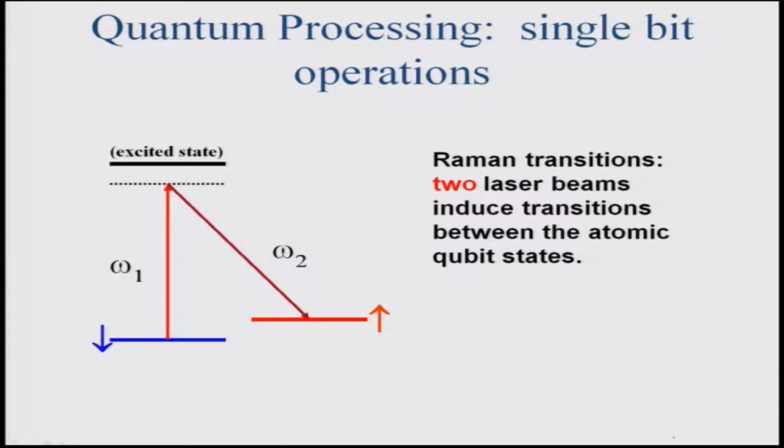The next process essentially required the application of quantum processing of a single bit operation, which could be simply done by using Raman transitions, because there are two laser beams anyway which are there to provide the lattice. So, the two laser beams can induce transitions between the atomic qubit states, and that could be utilized for the